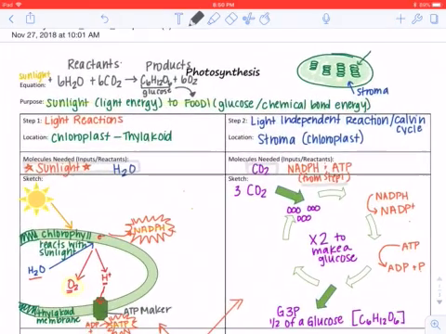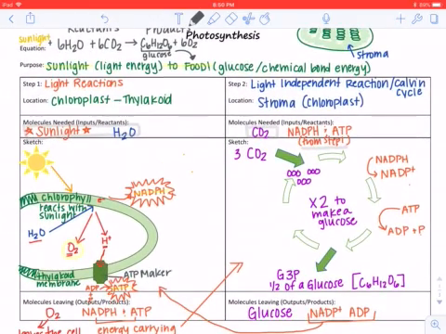So this is the main idea of what's going on in photosynthesis. We have a light reaction. In the light reaction, sunlight comes in, and water comes in. The water gets split, and we create these energy-carrying molecules that are headed to step 2 to power that Calvin cycle. The oxygen that's created just leaves as a waste product, a pretty important waste product for you and me. Then we get into step 2. Step 2 is our light-independent reaction, or the Calvin cycle. And we take those energy-carrying molecules from step 1, and we use that to power this circle